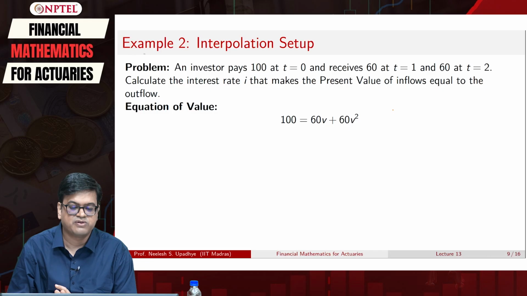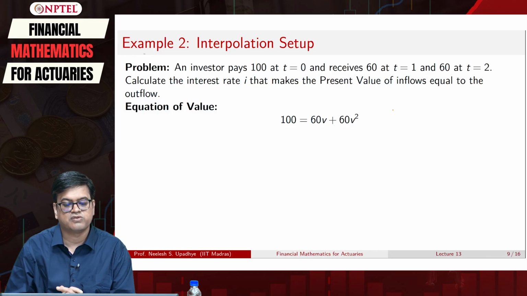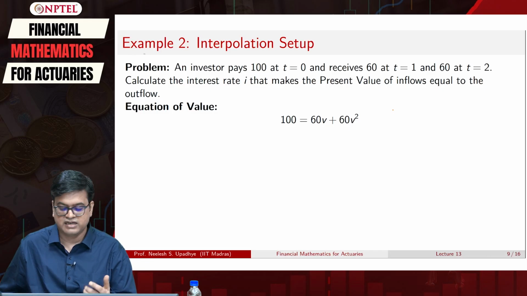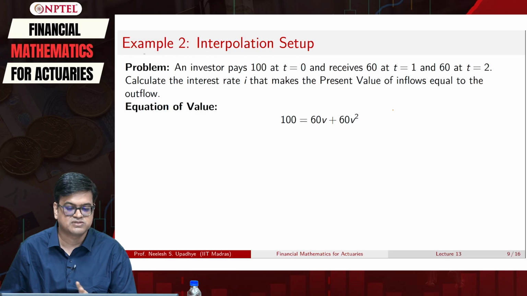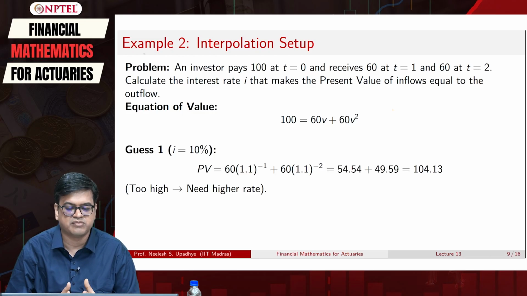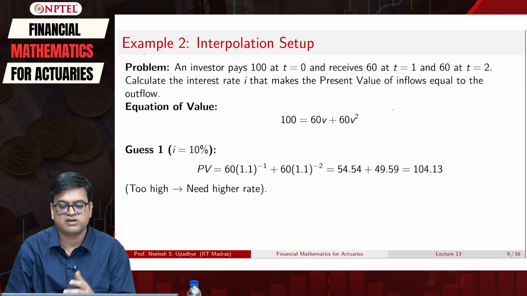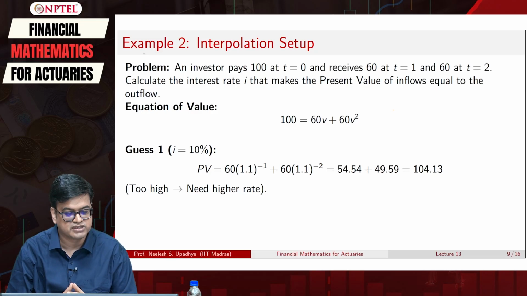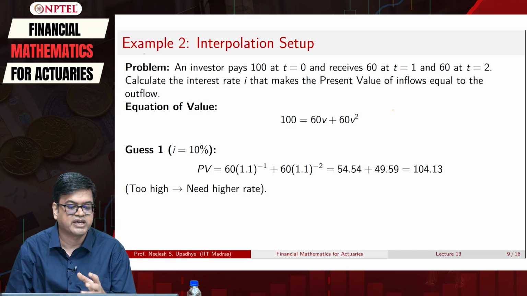Okay. Now I have to calculate the interest rate, right? So we have to guess something. So what will be the natural guess? Let us make a guess which is somewhat sensible. It's 10%, right. Because $20 are increasing in 2 time points. Okay. So this is my guess of 10%. So what will that do?